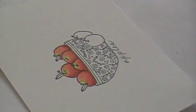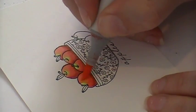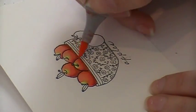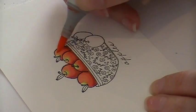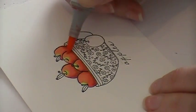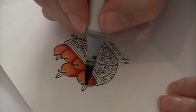I'm happy with that. I did a little boo-boo there. You can ignore that. I'm just going to make it work. Notice I didn't really color over that green yellow. I wanted to keep it more intense. And then I'm going to use G99